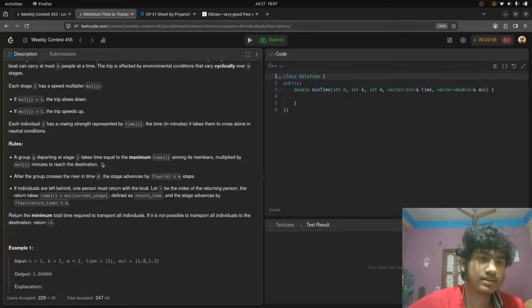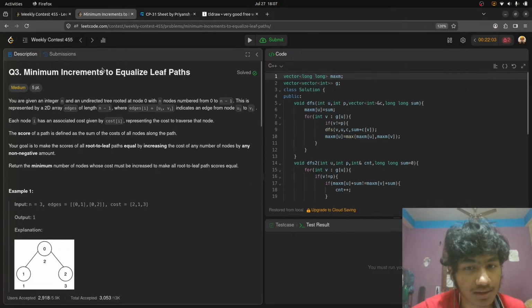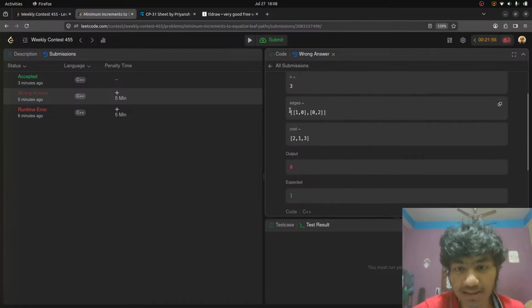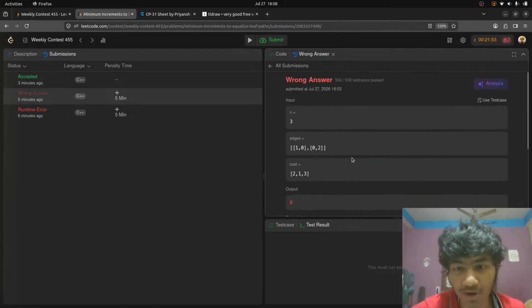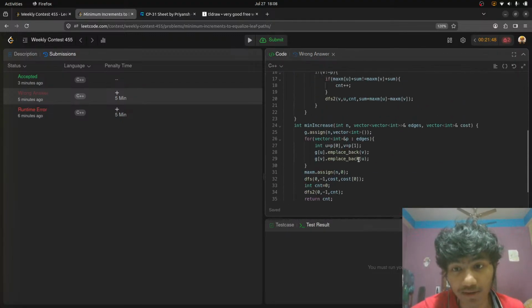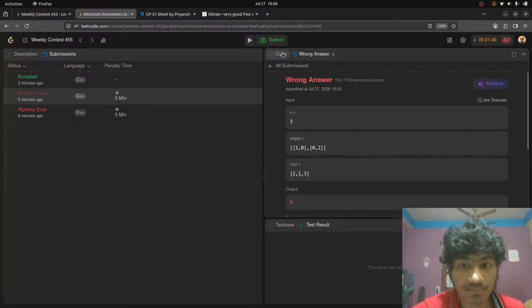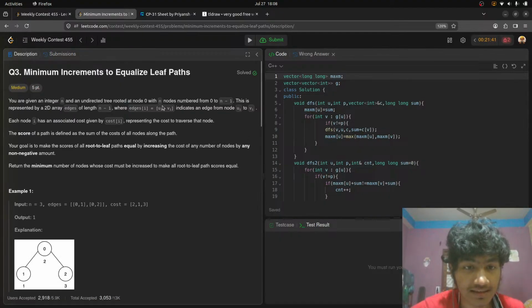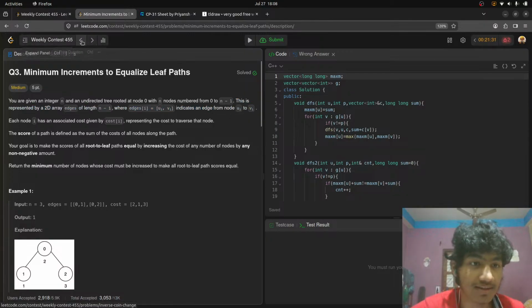I'm thinking about the previous question for a while, because imagine if this was the wrong answer. Imagine if this edges list was so long, I wouldn't be able to figure out why this was wrong. I would have thought that my algorithm was wrong. The question clearly says this indicates an edge from UI to VI, and I literally wouldn't have thought that it also means VI to UI there is an edge. Anyways,